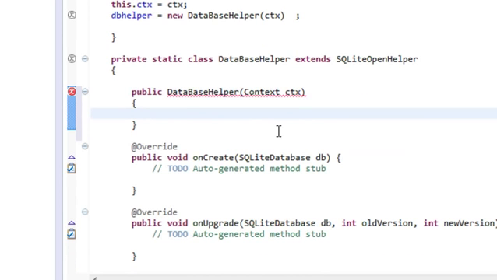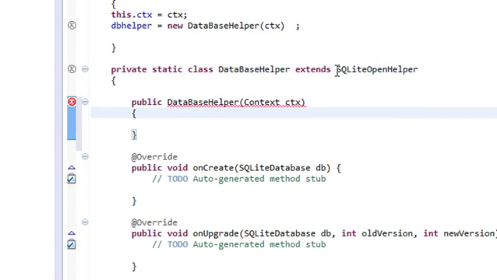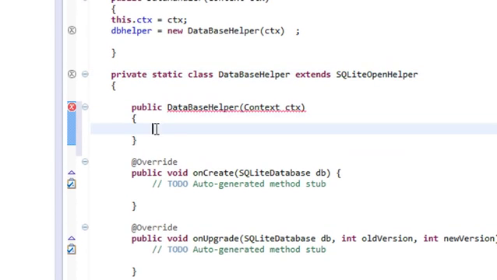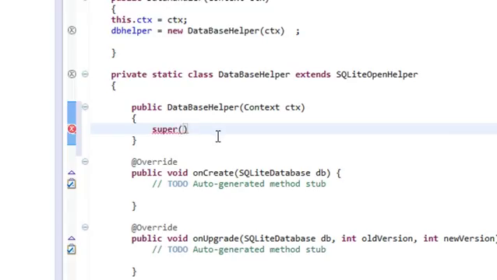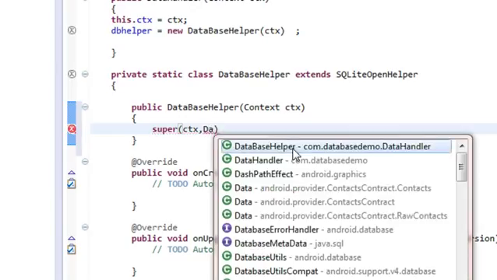Okay, now we are going to create that database using a superclass method, that means using one of the methods of the SQLiteOpenHelper. So here we just call super. First in this method, we need to provide the context object. Second, we need to provide the name of the database,